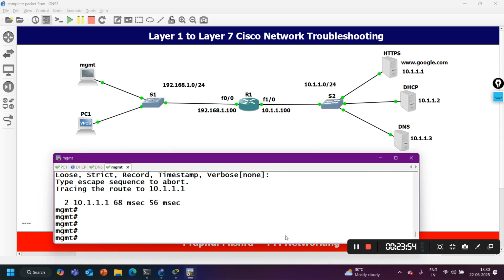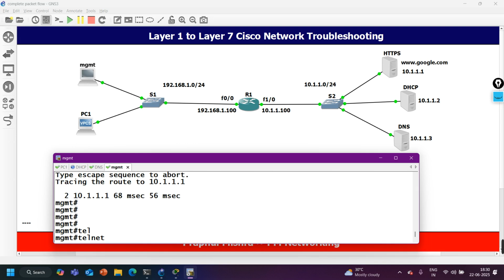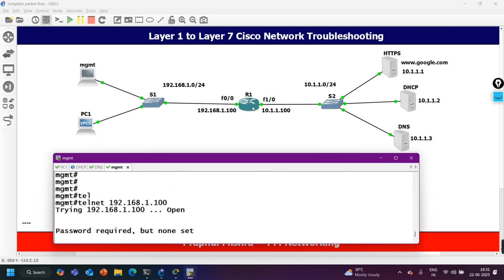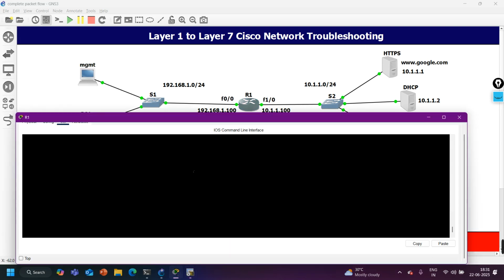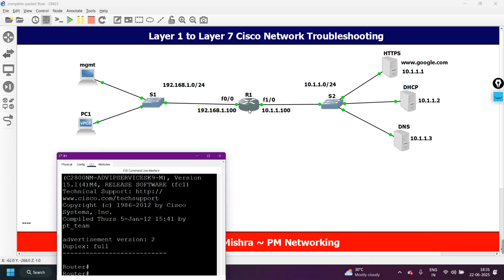Then guys, my next protocol is Telnet, right? Through Telnet we can access the device. For an example, 192.168.1.100. See, I got the access of router 1. Password is not configured on router number 1, but if I will enable the Telnet over here,